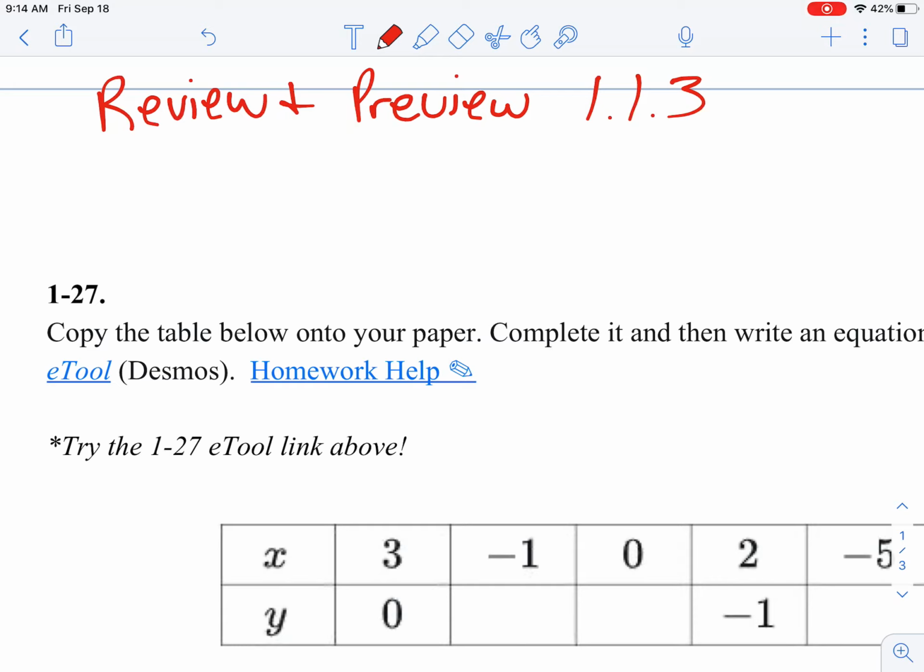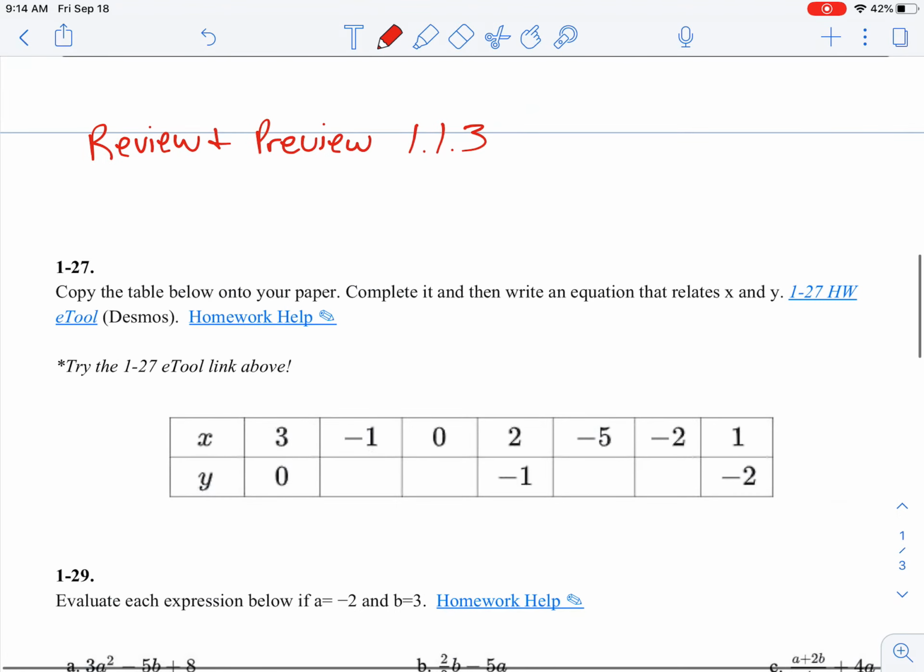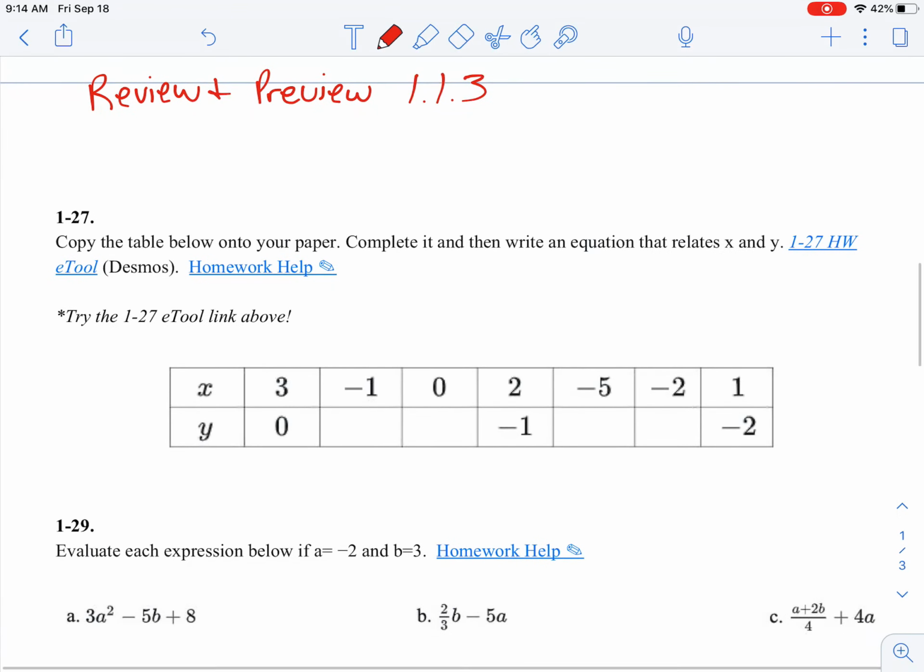Hey, I was looking over the review and preview for section 113, and it looked like quite a few people were struggling with number 27. So I wanted to make a video for this one to help you out, because there will be something similar to this on your test. So I just wanted to make sure that you know how to do it. If you use that